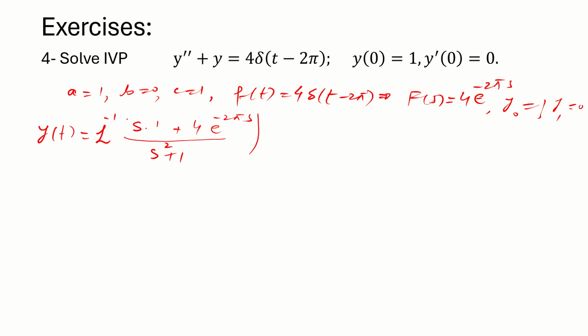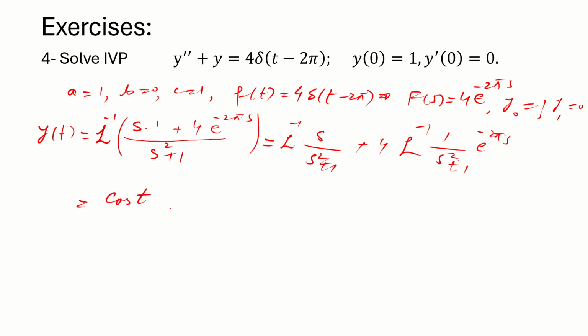So you can just use this formula directly as well, if you don't want to do those steps in between. So that will be the Laplace inverse of s divided by s squared plus 1, plus 4 times the Laplace inverse of 1 over s squared plus 1 times e^(-2 pi s). The first part is simply cos t, whereas the second part is what? We would first find the Laplace inverse of this one, which is sin t,